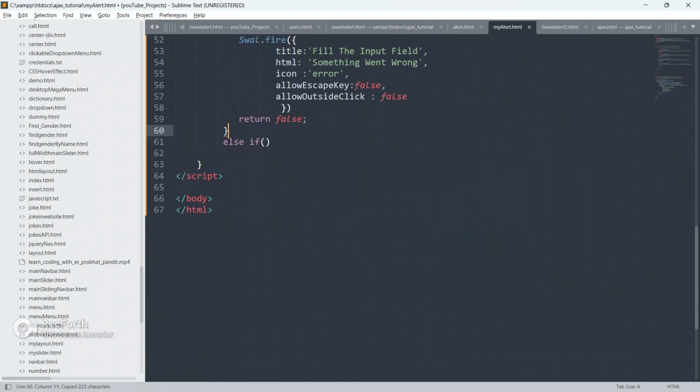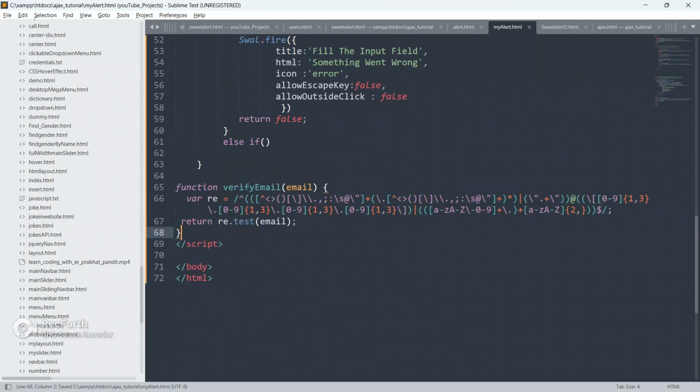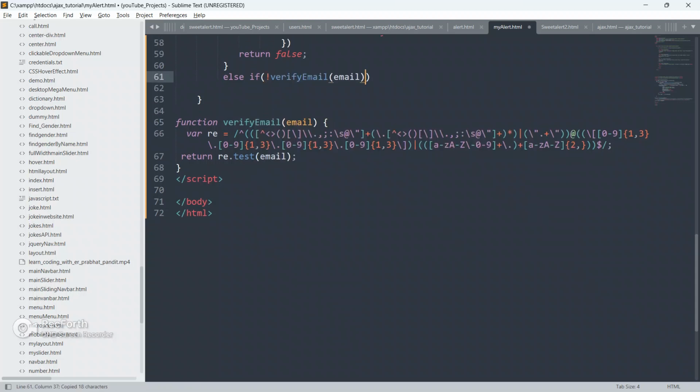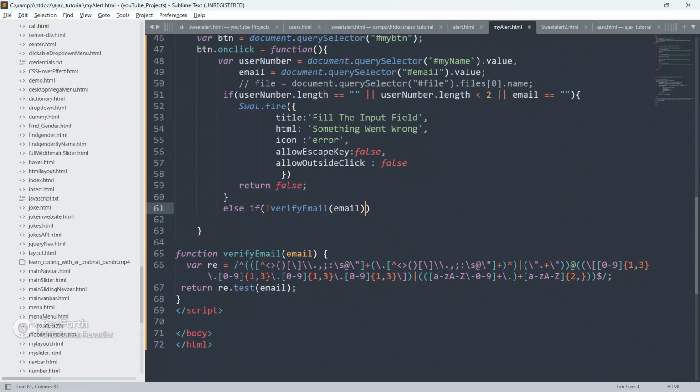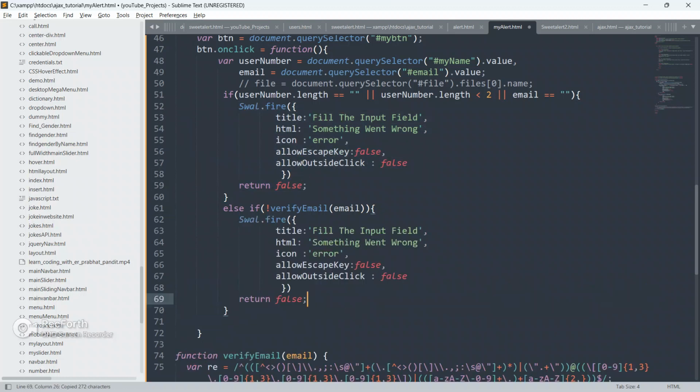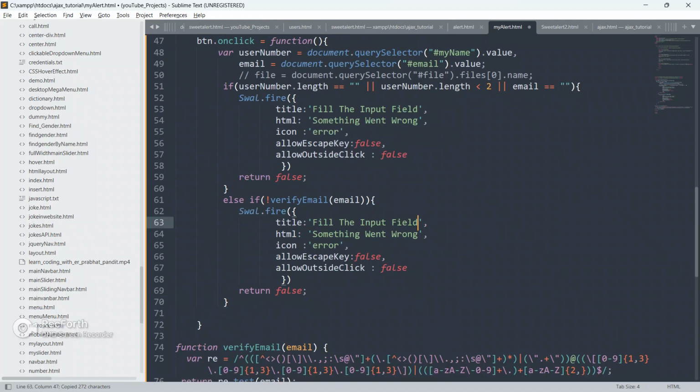This is the function to check whether an email address is valid or not. So paste it here below this. This says if the email address is valid or not. So copy this and paste it here. Else if it is saying the email address given by the user is not valid. Okay, so we're gonna alert, copy this alert and paste it here.